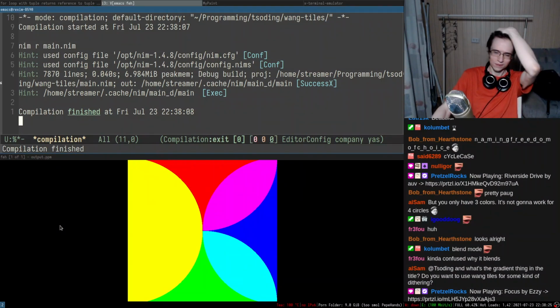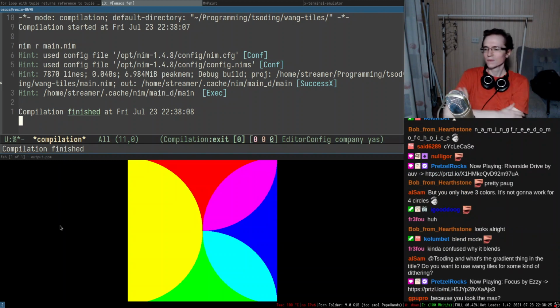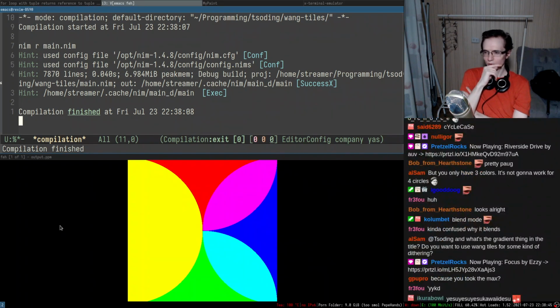Yeah, that's really funny. When they overlap, maybe we can just add them together. I'm not sure how adding them together will help.